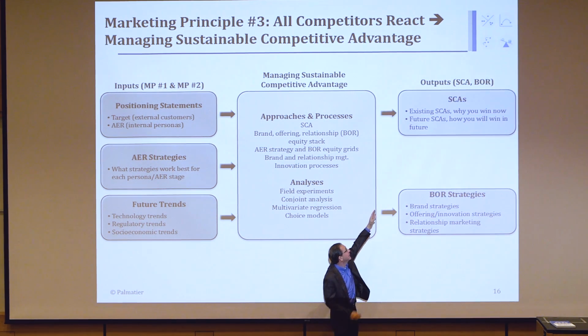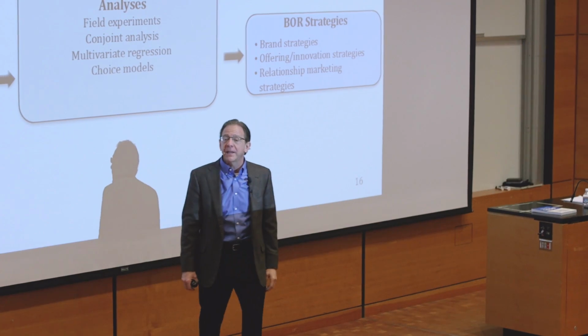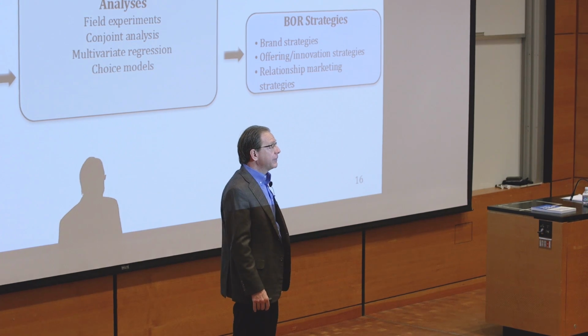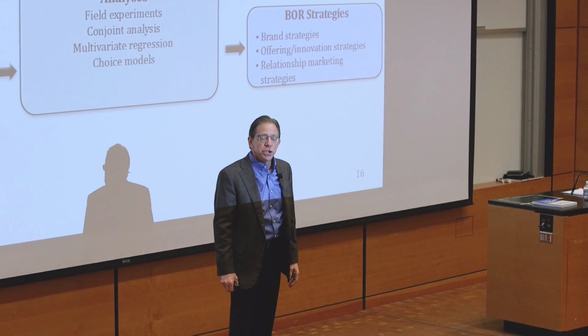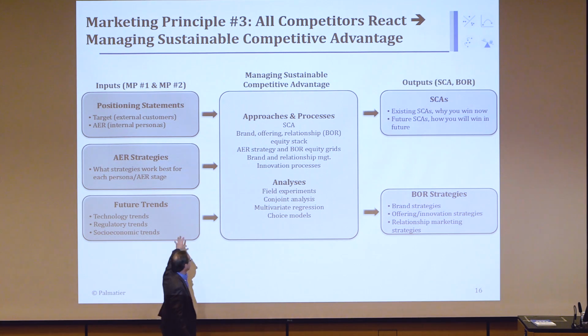What do we get as outputs? We get how we're going to win today and in the future. We're going to understand what our sustainable competitive advantage is now and in the future, because firms have to change. GE would not have stayed as the only firm to remain in the Dow if they still only made light bulbs and switch equipment. They shifted to services. They shifted a lot to financial services, funding things. Now they're moving more to knowledge in the digital economy. They followed what happened based on future trends. Very infrequently can you have the same sustainable competitive advantage forever.